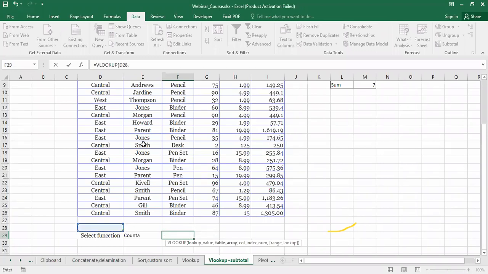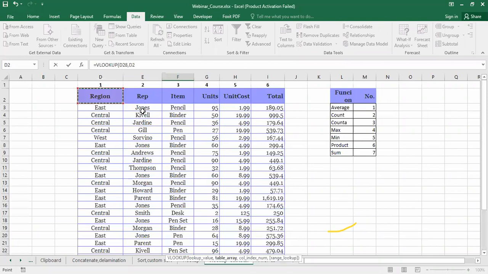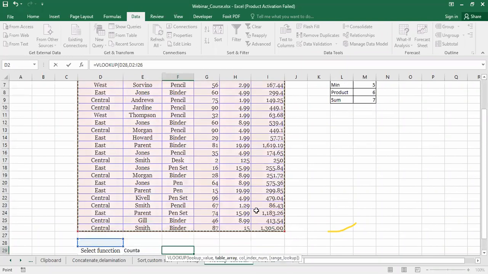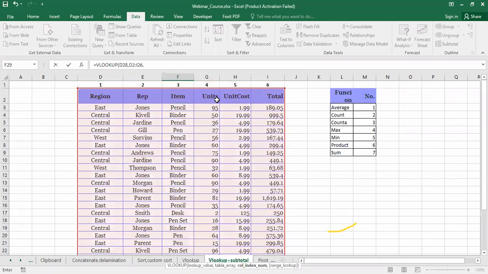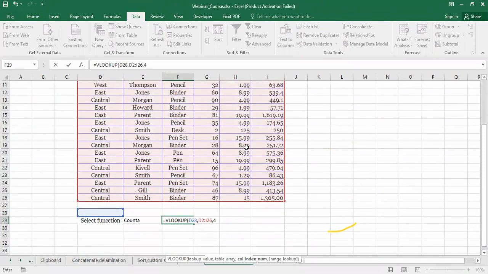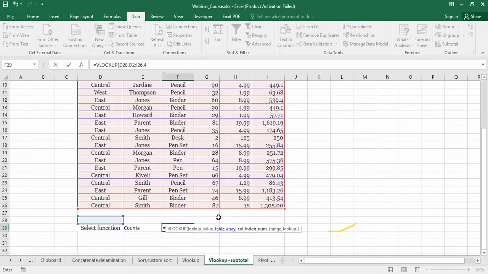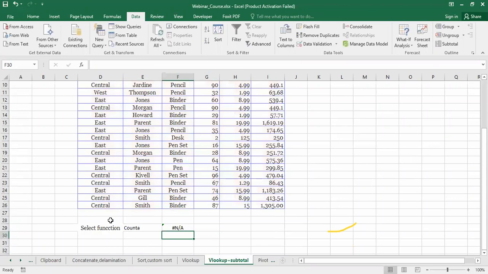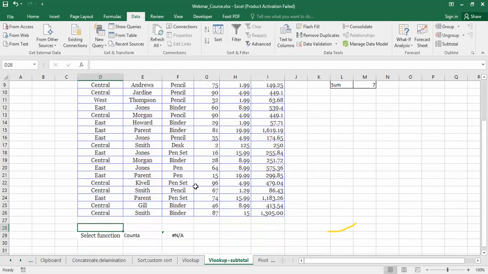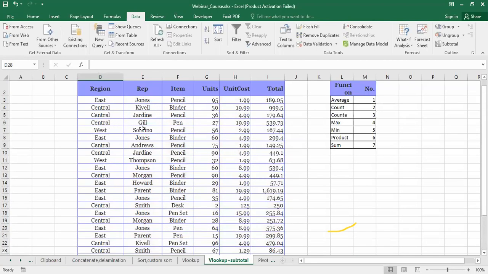Then table array. Okay. Comma. Which index do I want? Say I want number 4. Okay, number 4. Then 0 for exact match. I will do this. Okay. Say I will put over here, for anyone, let us say east.